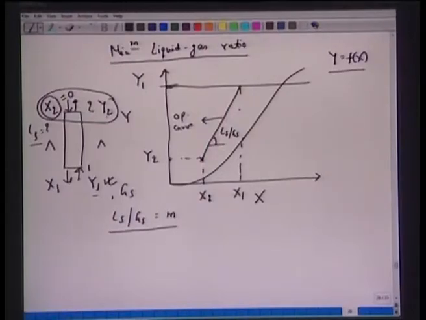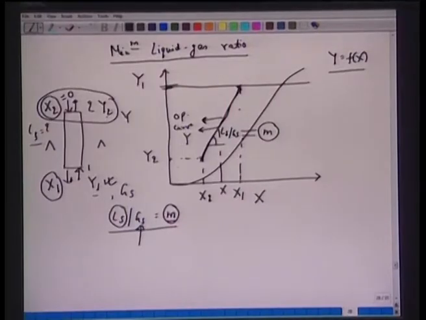So you understand what we are trying to say here: if we know Ls, the liquid flow rate, or if we know the slope of this line, Gs being given to us. If we know the slope, we can find Ls. If we can find Ls, we can draw this line here. Once we draw this line, we have y1, we can find x1, the concentration of x1. So we know x1, y1, x2, y2, and at any location, given x, we can find y. Alternatively, if we know x1, we can mark this point, draw this line, and calculate Ls by Gs, which is the slope of the curve, and then, given x, we can find y.